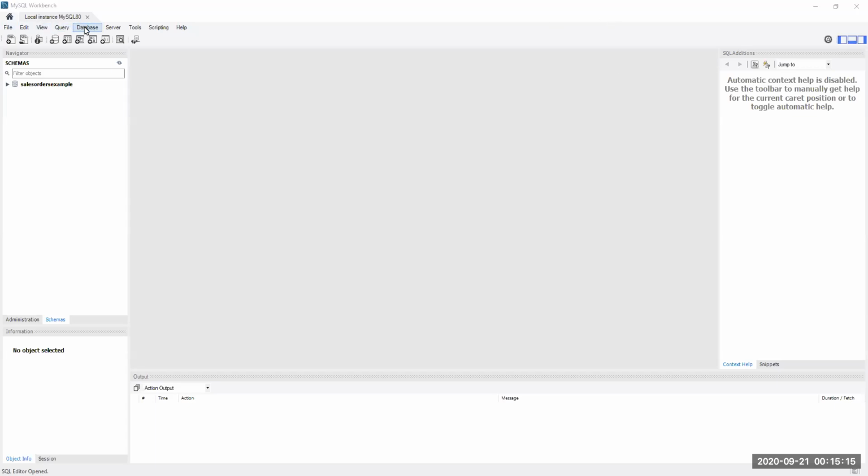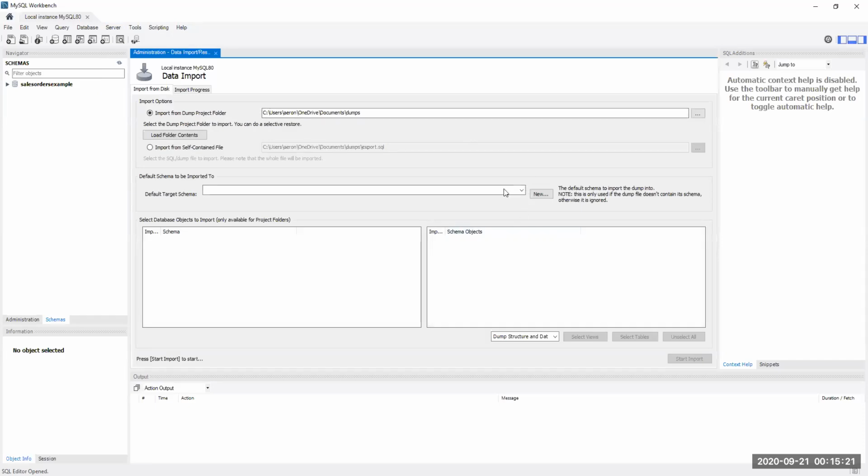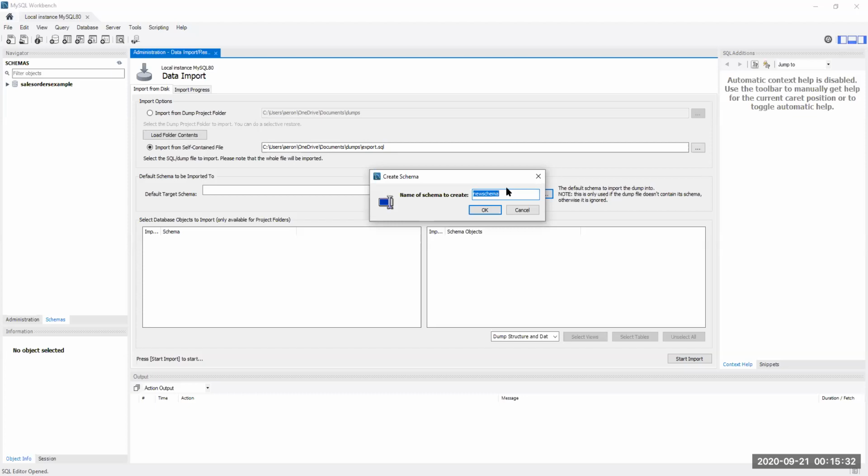So we had the one process where you would just go to server, and then you could do data import. In data import, you would want to import from a self-contained file. Just browse that file, and you want to save to a new schema. So in the case of what we're doing, we wanted to have